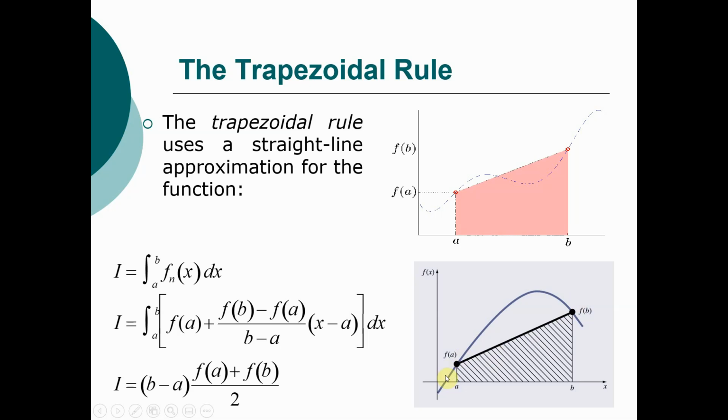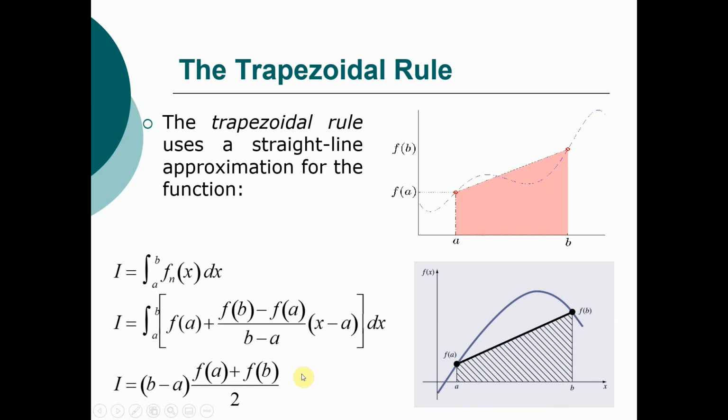If we have 2 points on a line, we can find its equation. If we take the integral of this one, it's going to be the area of this trapezoid, which is (f of a plus f of b) divided by 2 times (b minus a),